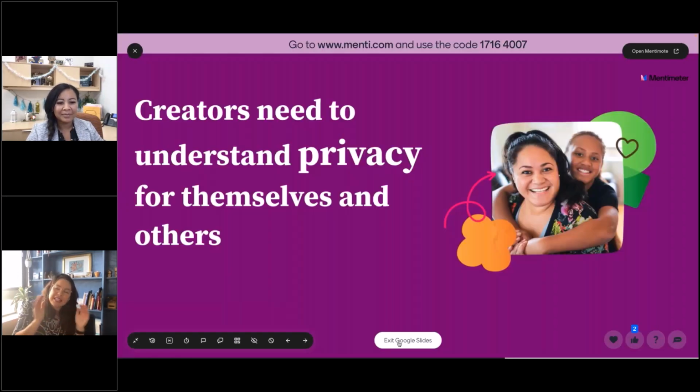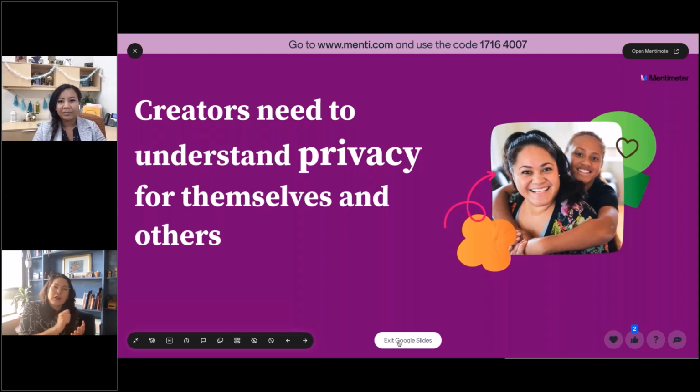Another piece here that I just wanted to share is how important it is for our students to understand privacy. It's one thing for us to say, these are privacy laws. Here is how we follow these privacy laws, and make sure you keep your information private, right?